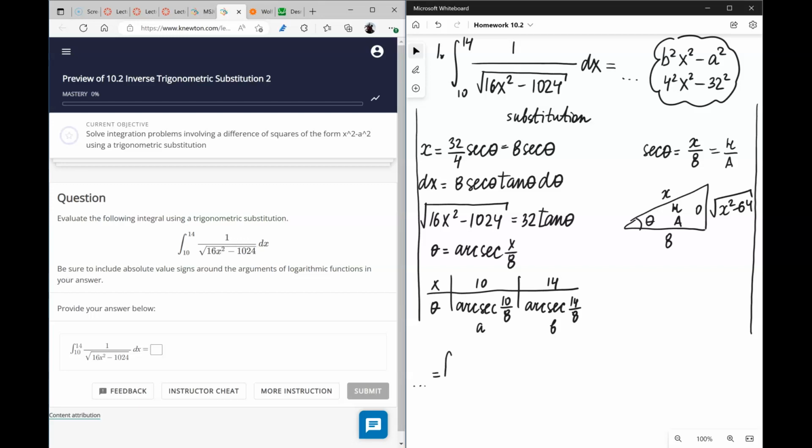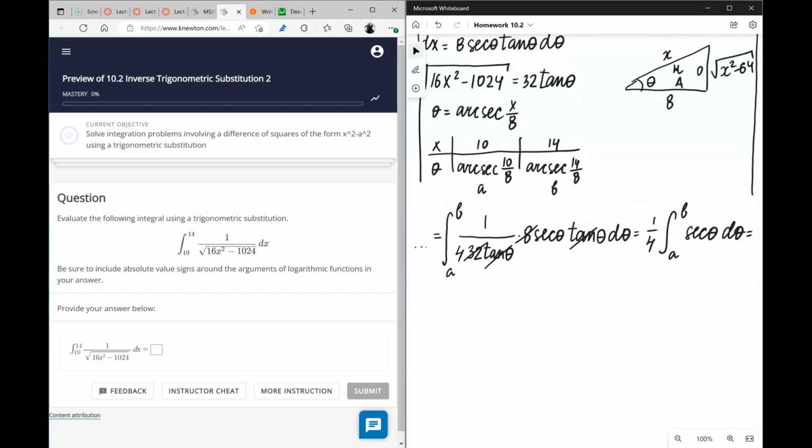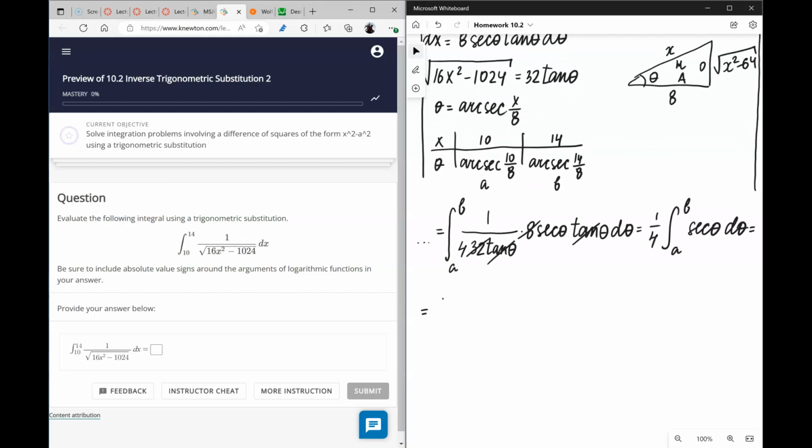and substitute everything in. So we have an integral from a to b of 1 over 32 tangent theta times dx, which is 8 secant theta tangent theta d theta. And reducing everything gives us 1/4 integral from a to b of secant theta d theta, which is an easy one. We know what it is. It's going to be 1/4 ln of secant theta plus tangent theta,